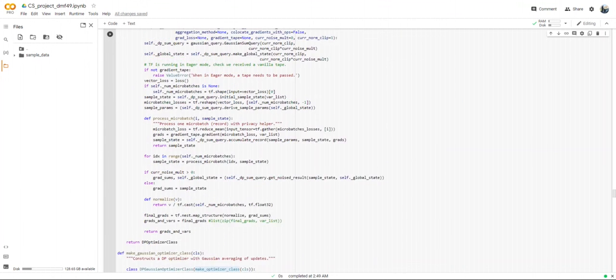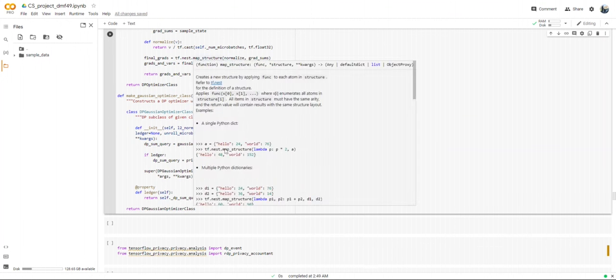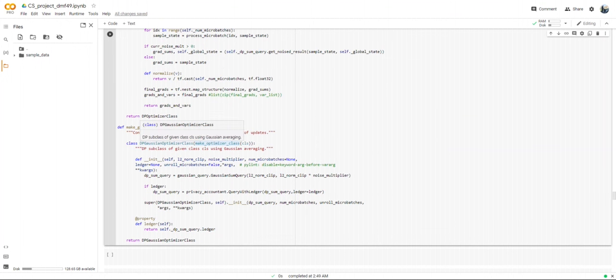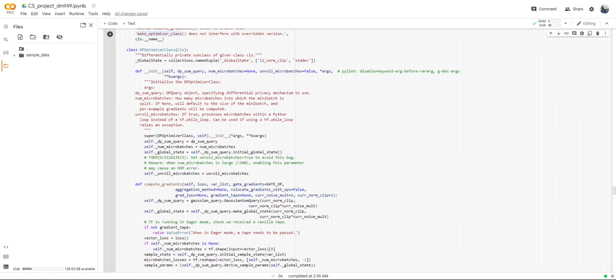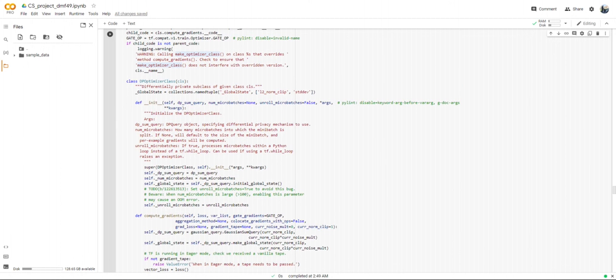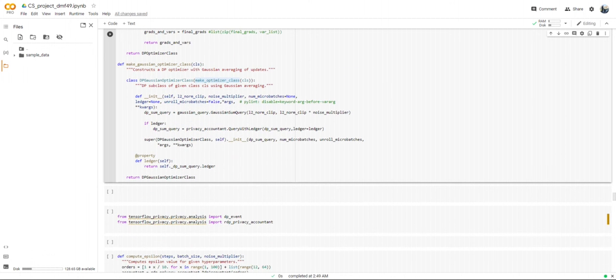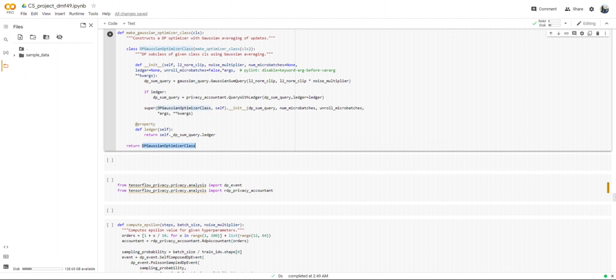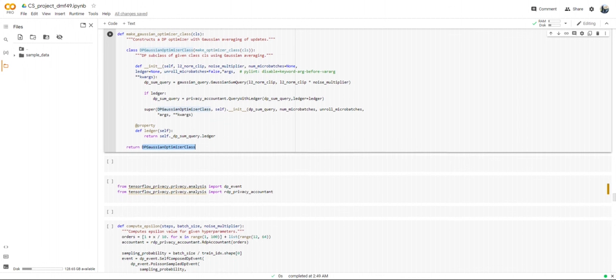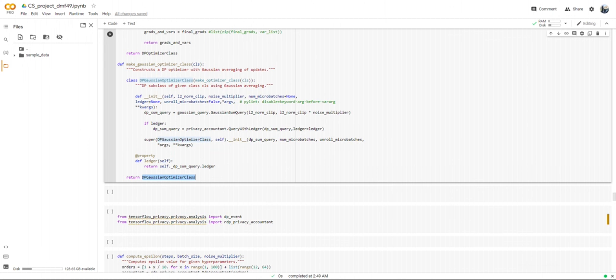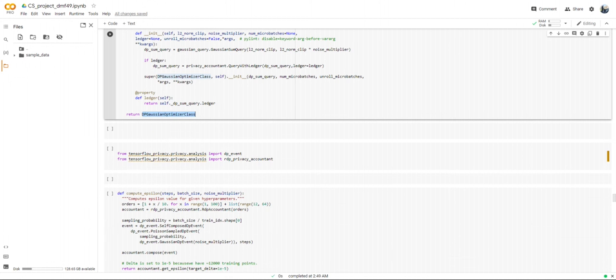They have provided it, and they are working on fixing TensorFlow itself, so that this optimizer class works with TensorFlow. So they gave us the code patch, and I've applied that. You can see I've used the Gaussian optimizer class. Basically, in each step I am folding the gradient descent with Gaussian noise. That's part of the process,